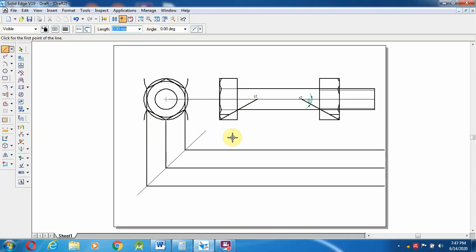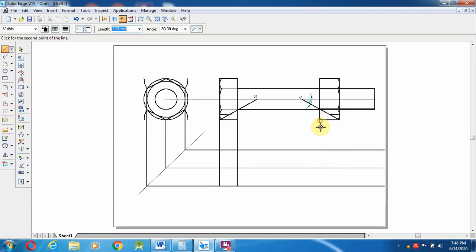Okay, so after creating this, even this line also I am going to create up to here as well as this, and from here I am going to draw one more line over there.